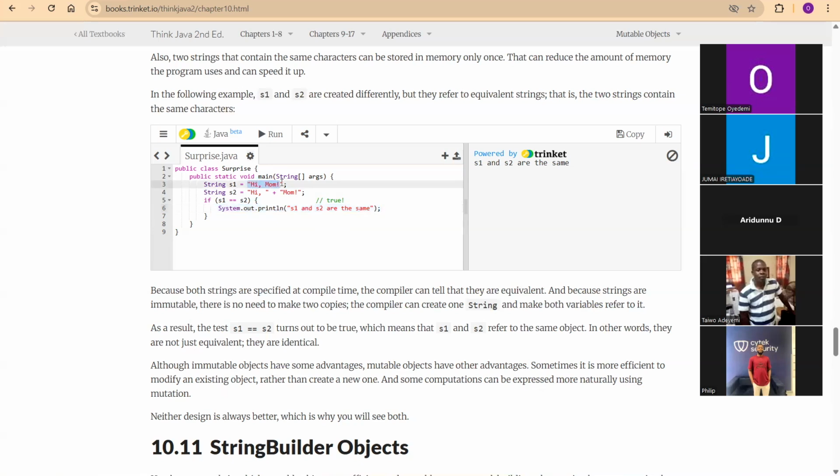So what we are trying to say is it's possible to have one string to be equal to the other string, right? Let's look at what the textbook is saying. As a result, the test s1 equals s2 turns out to be true, which means that s1 and s2 refer to the same object. In other words, they are not just equivalent, they are identical. Although immutable objects have some advantage, mutable objects have other advantage. Sometimes it is more efficient to modify an existing object rather than